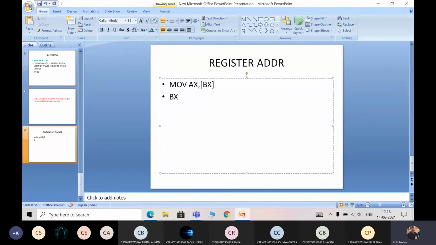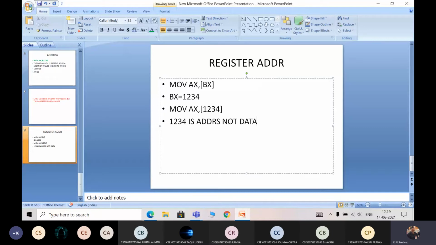Simply try to understand this. BX is equal to, for example, 1234 as the value. So internally what the microprocessor will do: MOV AX, with the value of BX, which is 1234. So now it is becoming the address. The 1234 is an address. It is not data. You know the difference between address and data. An address will be represented with the help of the @ symbol or within the square braces, and data will be represented directly or with the help of the # symbol.